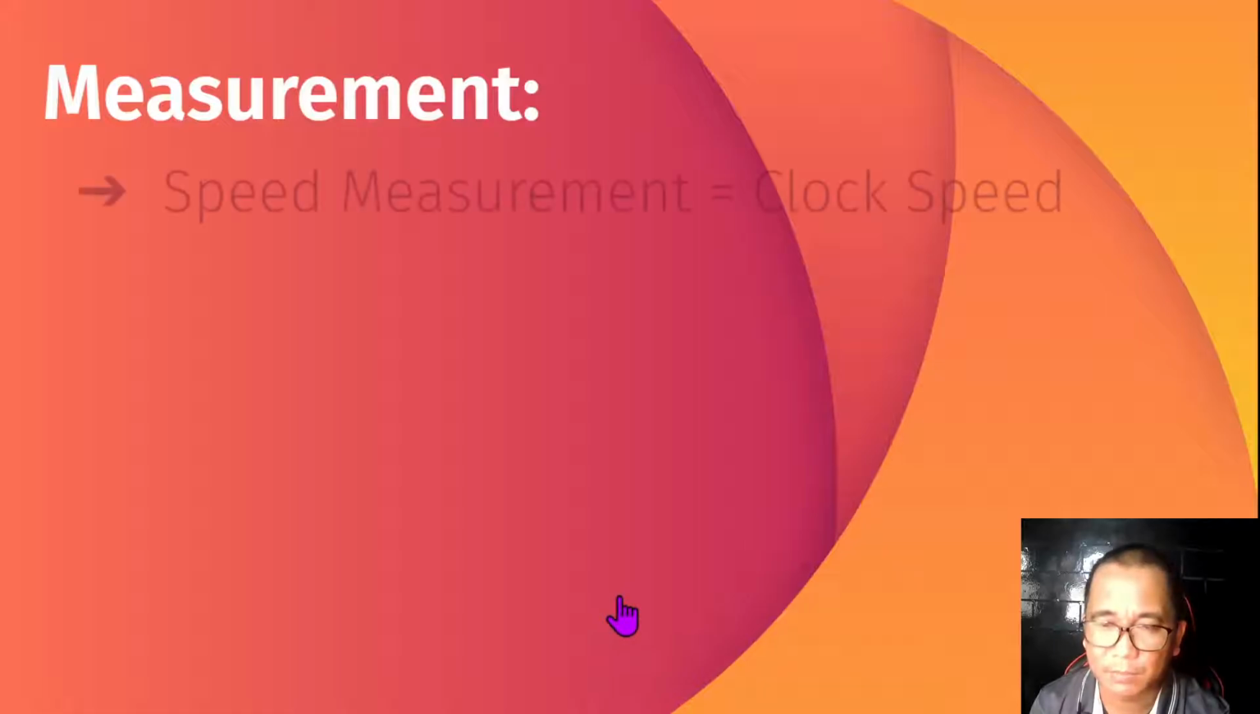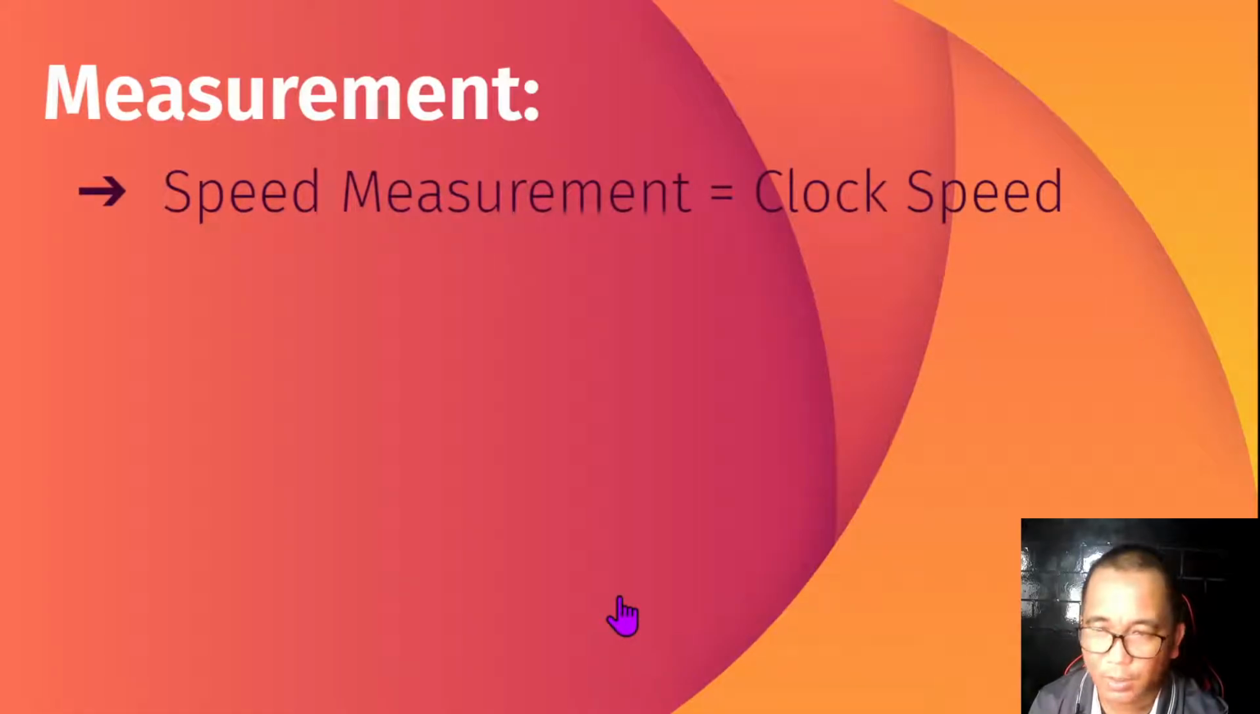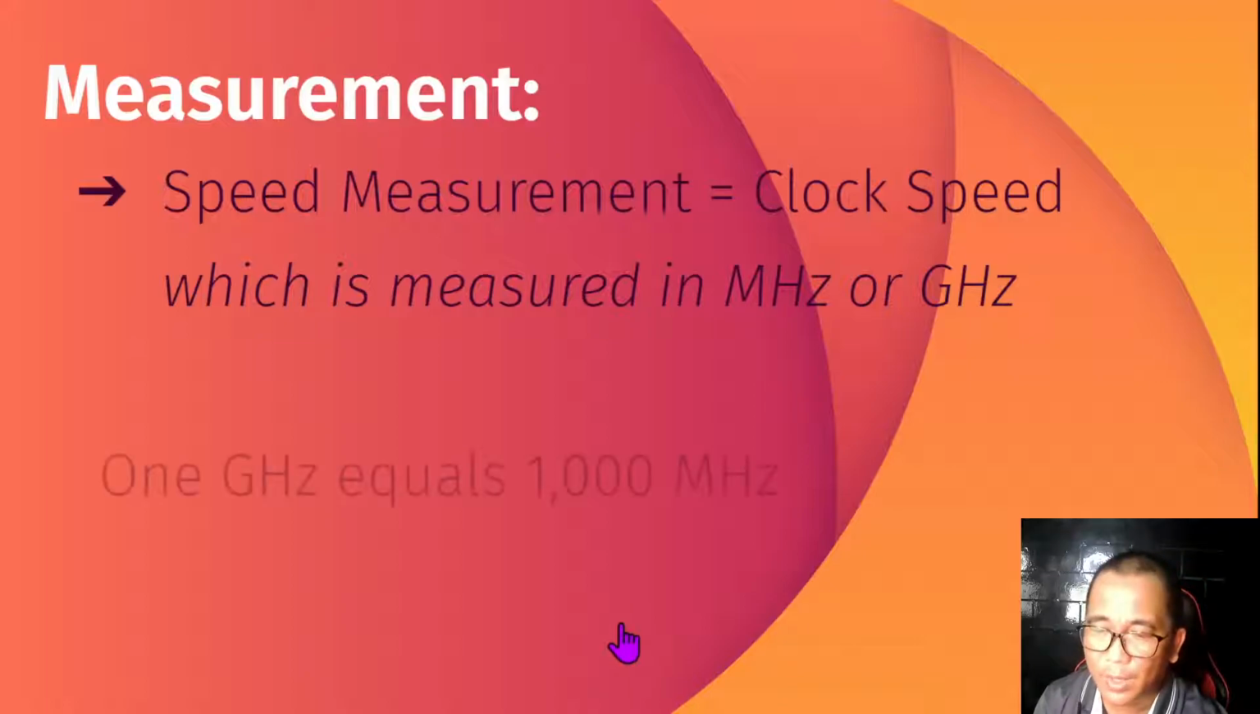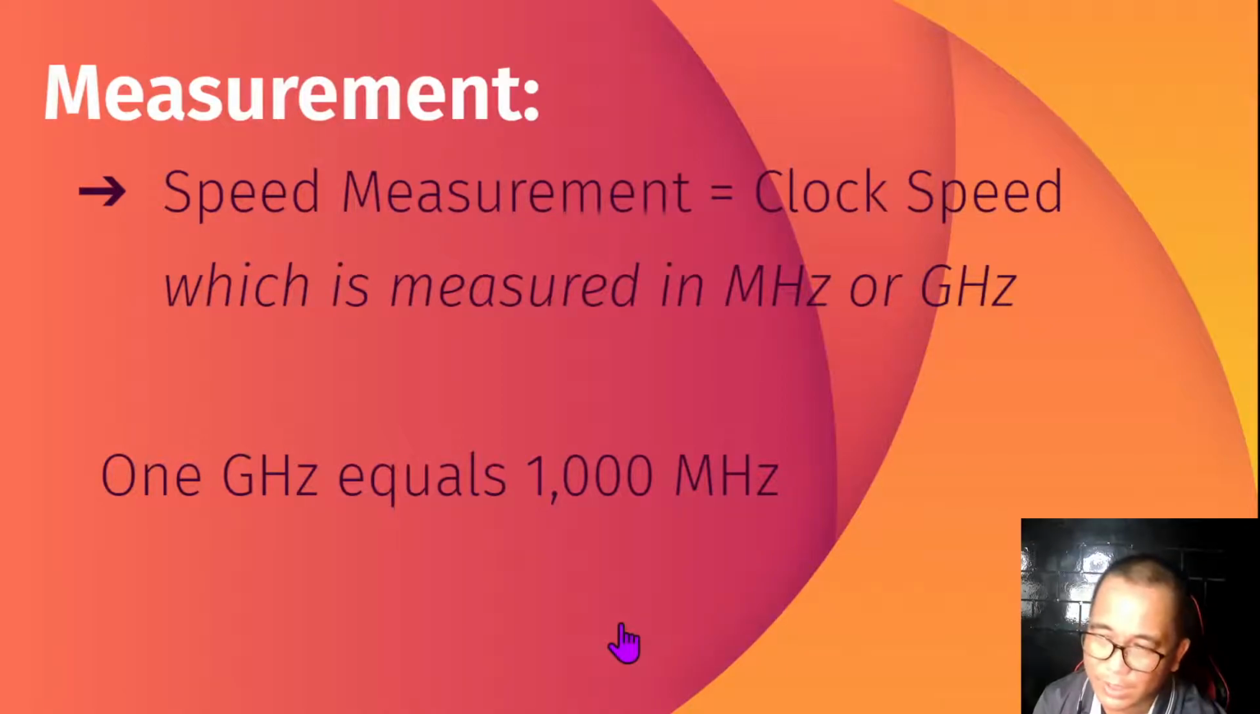When we say speed measurement, what we mean is the clock speed, which is measured in megahertz or gigahertz. So that is what we call clock speed. The most common measure of CPU speed is the clock speed, measured in megahertz or gigahertz. One gigahertz is equal to 1,000 megahertz. So when we say the speed is 2.4 gigahertz, it can also be expressed as 2,400 megahertz. The higher the clock speed, the more operations the CPU